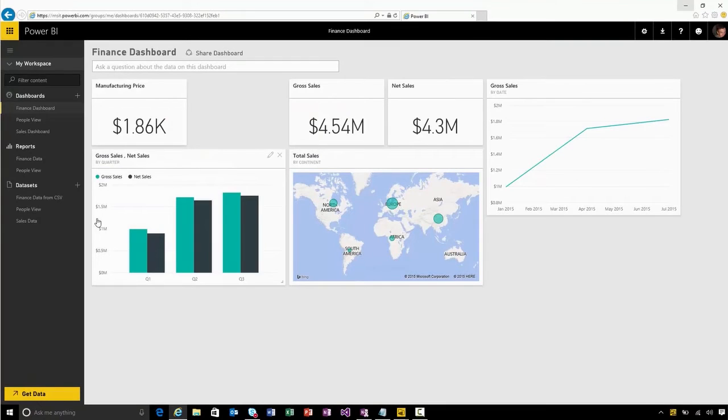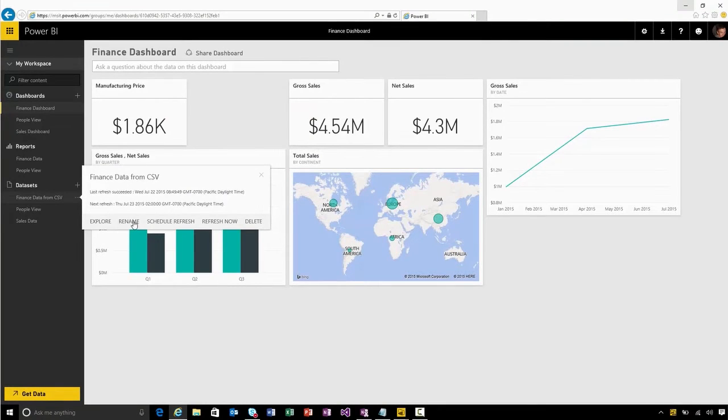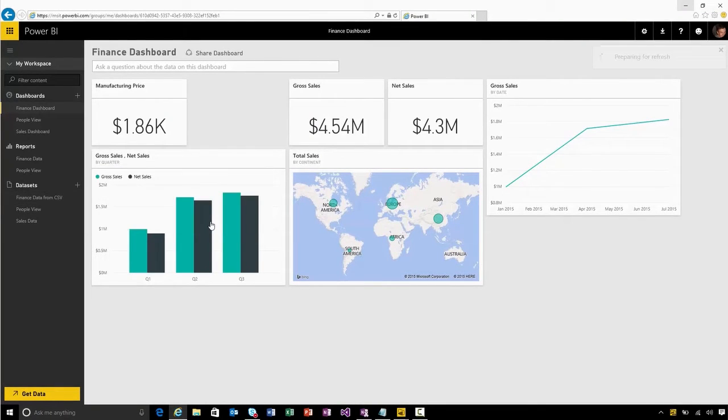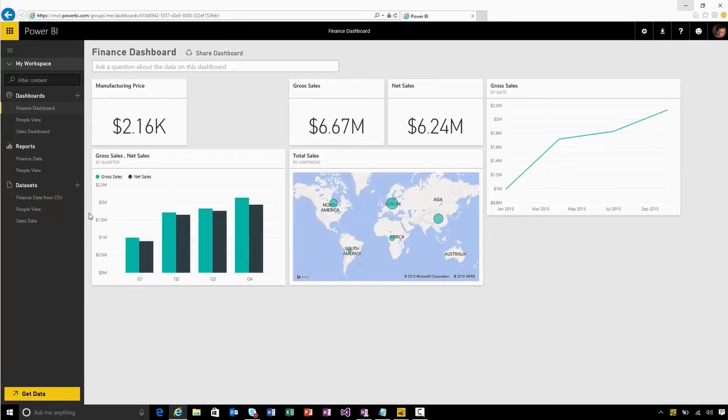And now if I go back to my dashboard, all I need to do is click on the dataset and choose to refresh now. I'll get an indicator that it's loading, and after a few seconds you'll see the data updates automatically. I can also schedule a refresh for this,